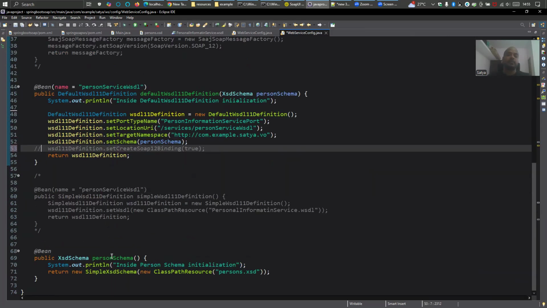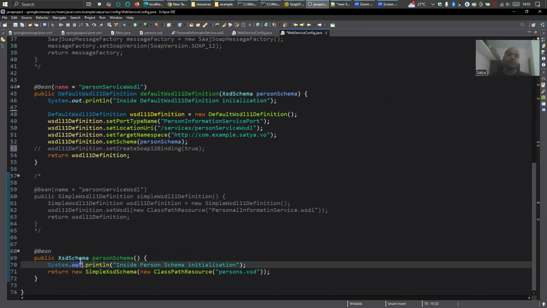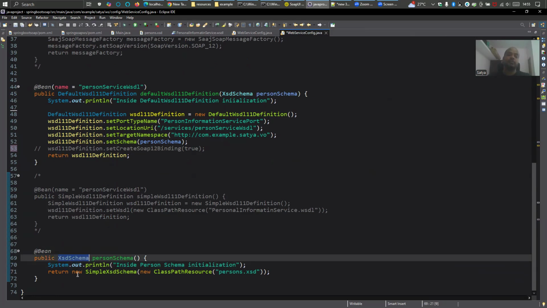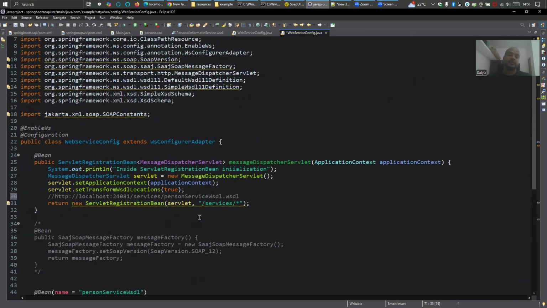And then coming back to person schema. For person schema, you need to have another bean, that is person schema. It will return your XSD schema. Here you create an object of SimpleXsdSchema with a ClassPathResource persons.xsd. If you create this and return it, it will give you a simple XSD schema. And this is the basic configuration you need to do